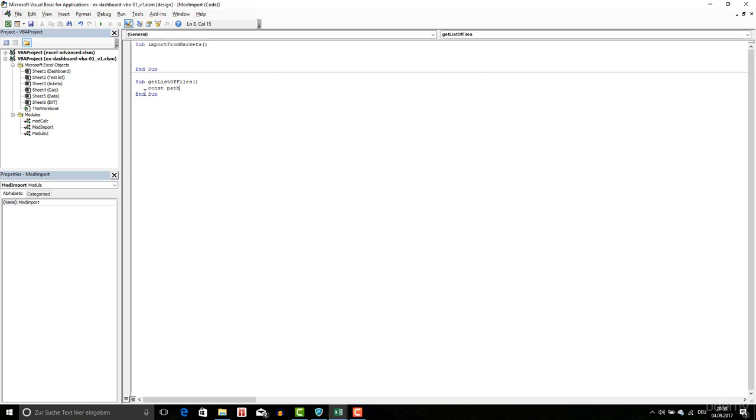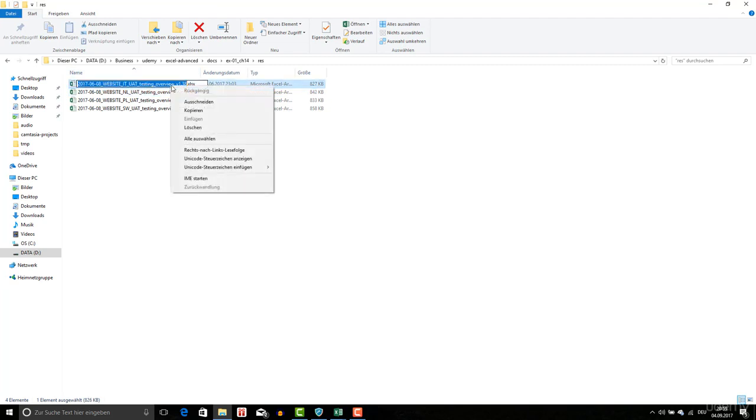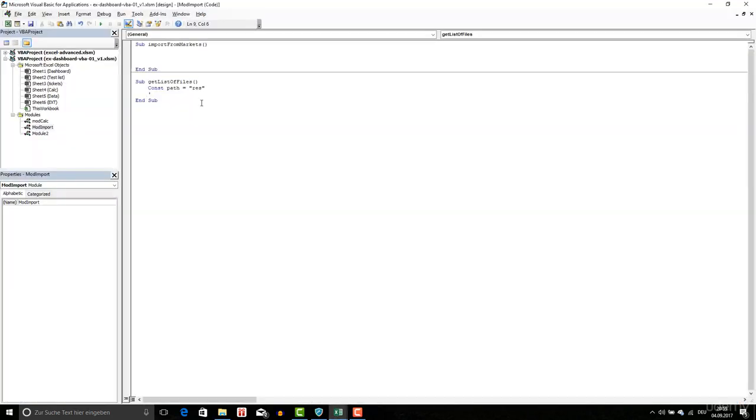const path equal to this. Then I remember the path, the structure of this file. Here we are, xlsx. I'm going to comment now. I can also define dim my file as string, and the first thing I'm gonna do is my file is equal to dir of path,